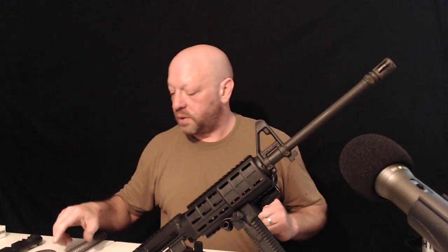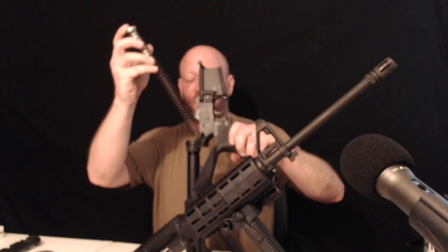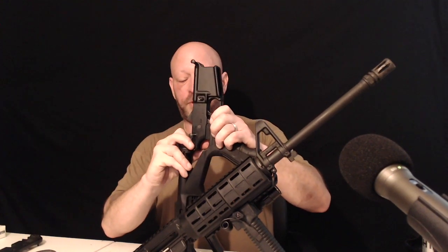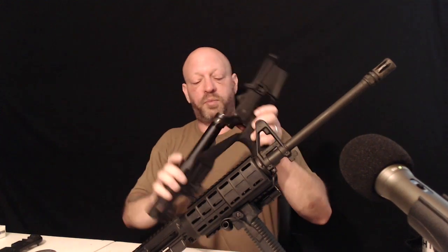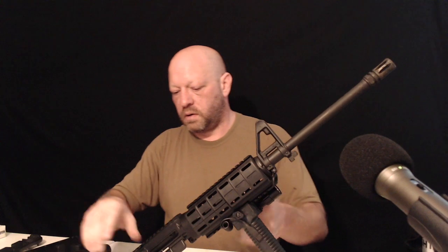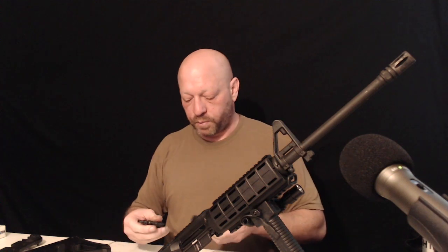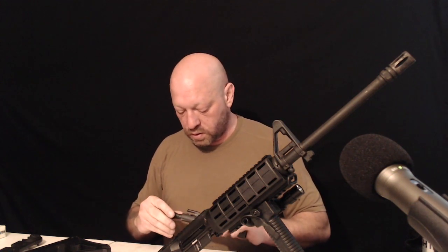Okay, so let's start reassembling. So it's real easy. Our buffer and a buffer spring just goes right back into your stock. Just push it down till you hear it click, and you can see your spring-loaded pin there holding everything in place. Now, our bolt goes back into the bolt carrier,